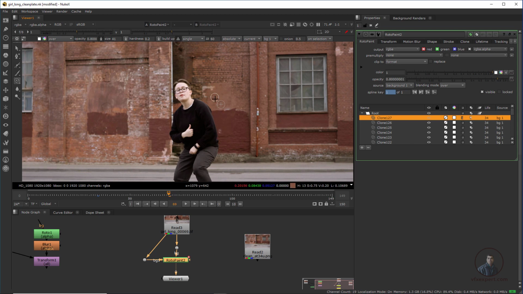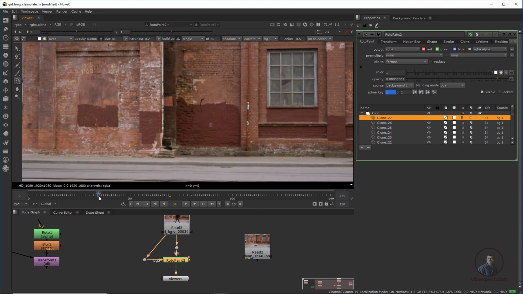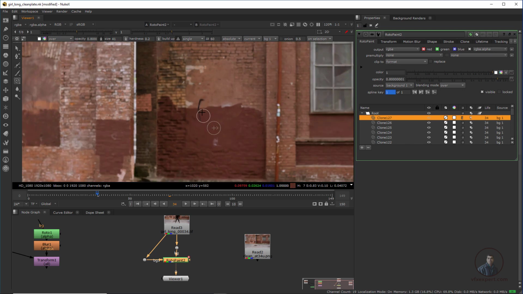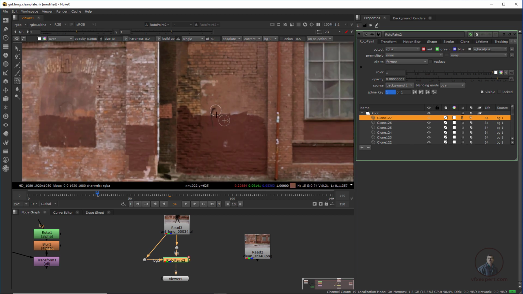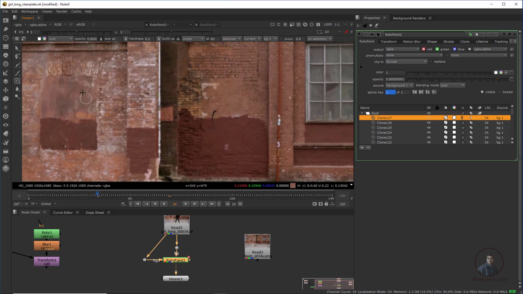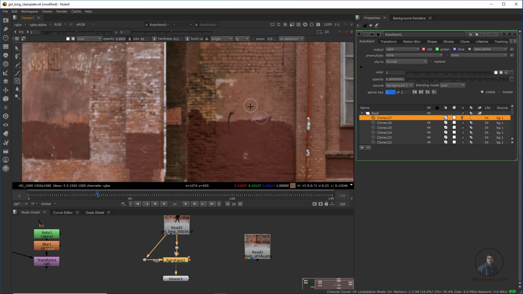Suppose you are not getting your reference, then how can we remove it? Come again to 34 where you are creating your clean page. Suppose I am not getting any reference here, how can we remove it? For this we can paint it out manually. Select this clone, then come to this options, switch this BG1 to FG, and now you can select these pixels manually and paint over here.